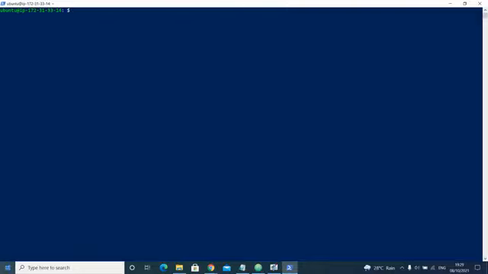I'll give a host name. I'll just give sudo hostname chef-workstation. I'll become root user, sudo su, cd.